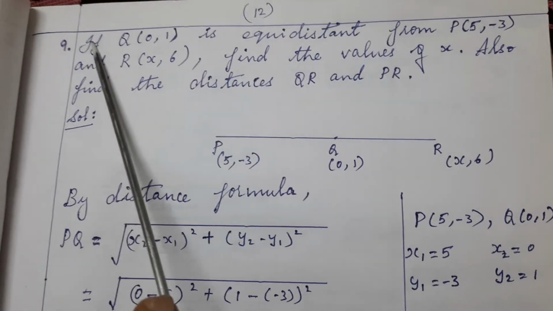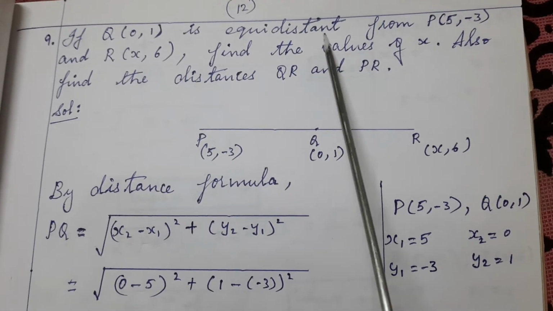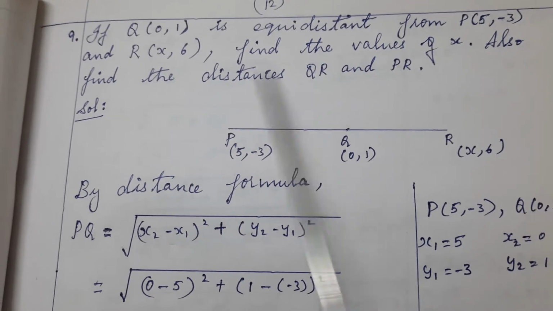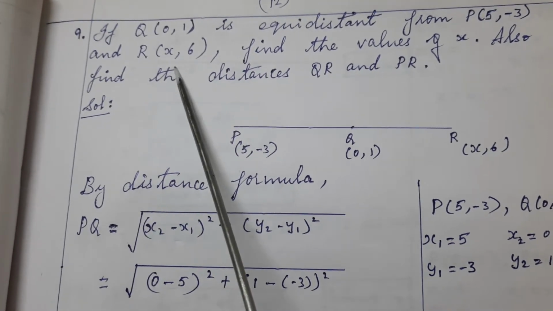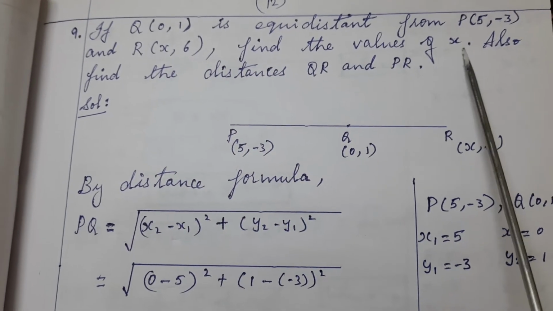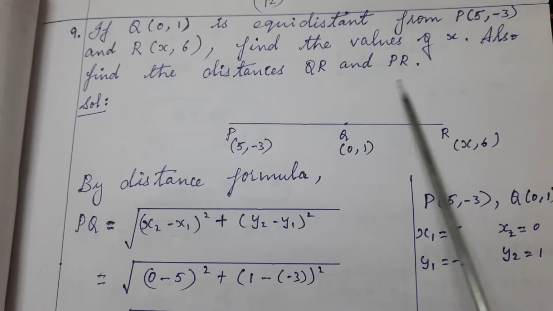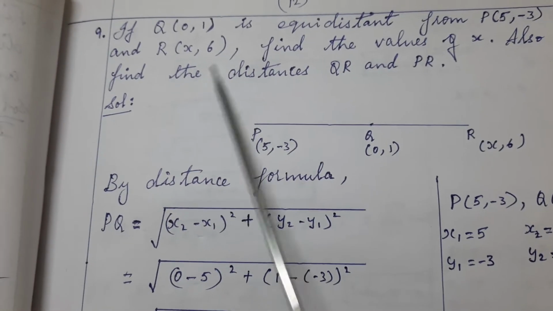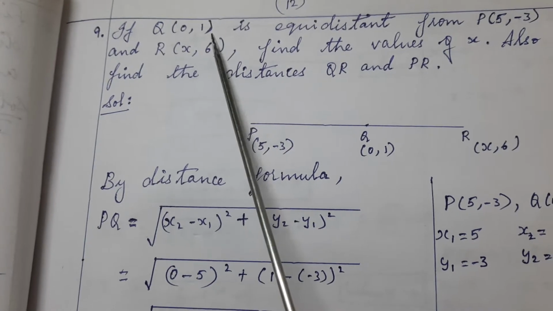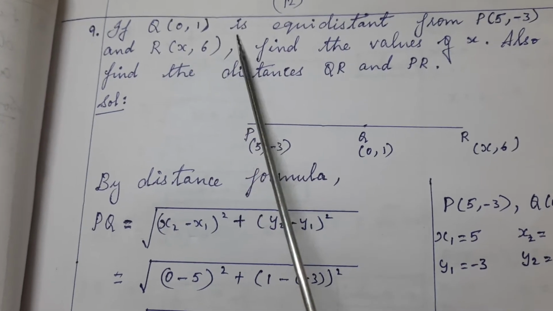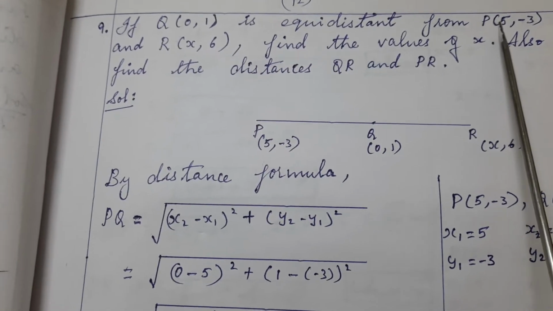Ninth problem. If Q(0, 1) is equidistant from P(5, -3) and R(x, 6), find the values of x. Also find the distances QR and PR. Here it is given Q(0, 1) is a point on a line which is equidistant from P and